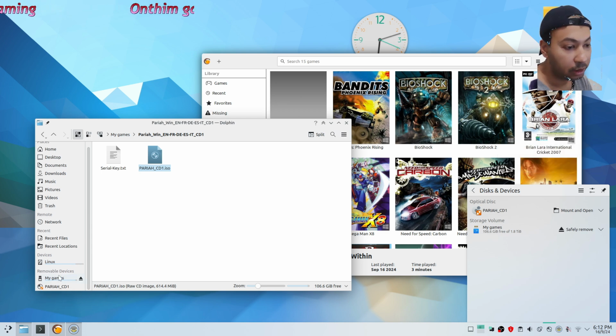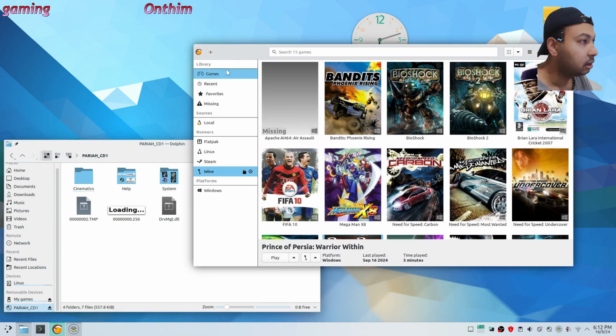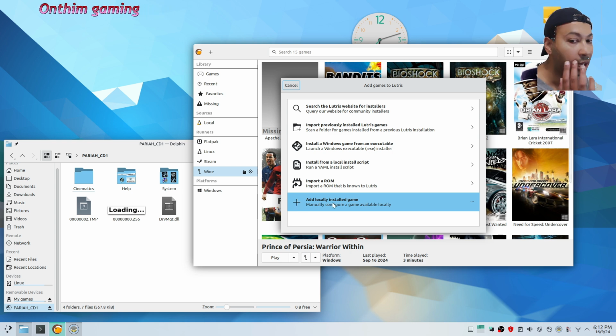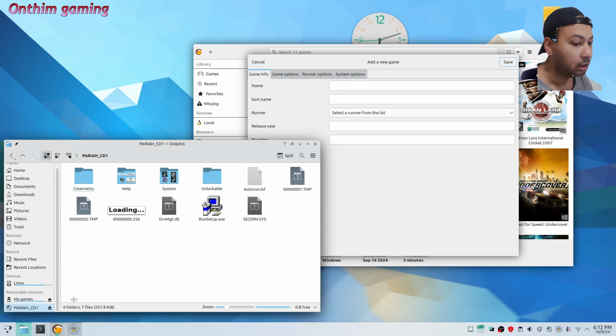Now in here in the removable devices, I have this one loaded. I can just click it to mount it and you can see the setup file in the first disk. Now what we're going to do in the latest, I'll show the non-complicated method. You can go another way, but I'm just showing the manual method. You can create this one locally, and